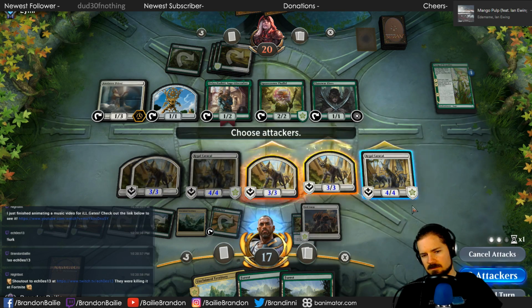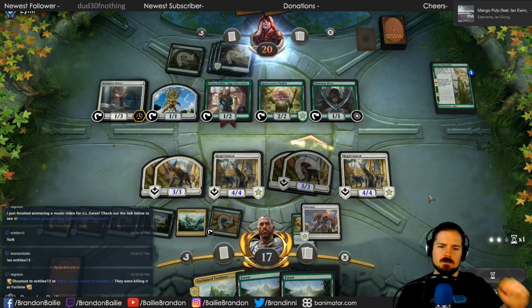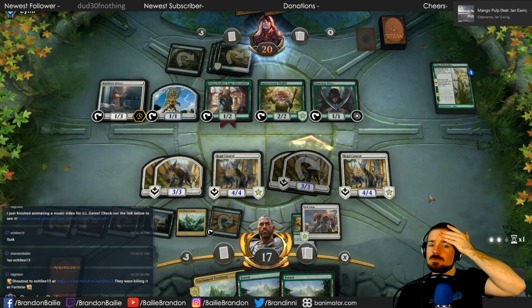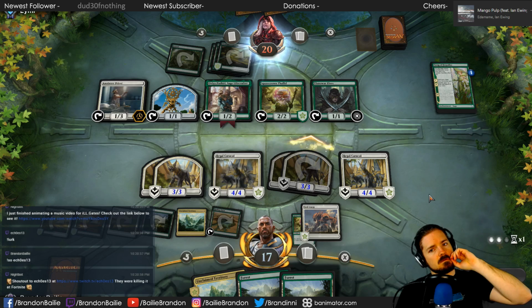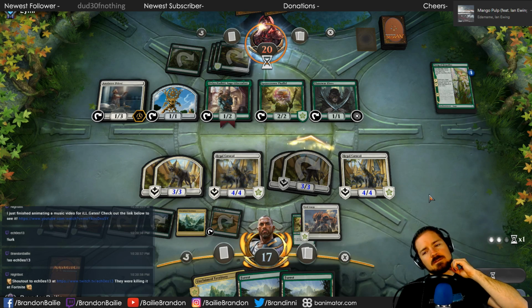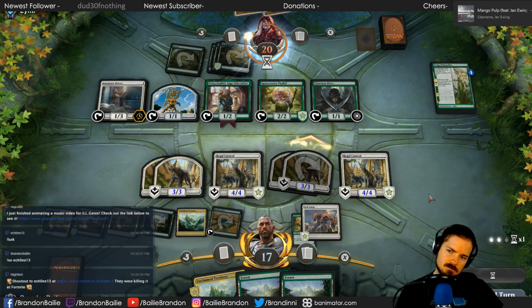You're definitely going to want to... I don't think we want to risk the Regal Caracal at all. I mean, you can do like a tap flash thing for 4.